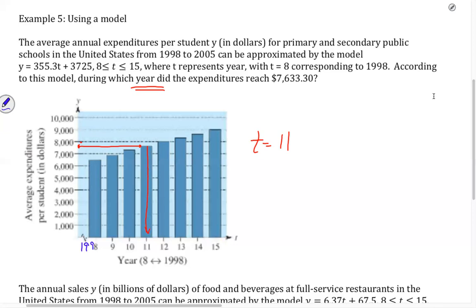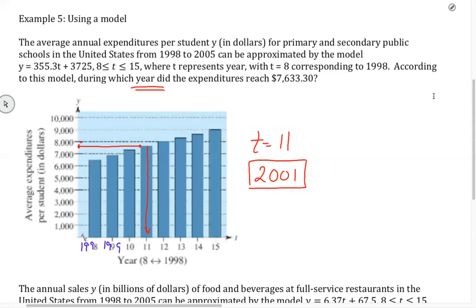So 9 would be 1999. What would 10 be? 2001. So 10 would be what year? No, 11 would be 2001. Because 10 would be 2000 and 11 would be 2001. So that's your answer. All right, so I can use a graph to predict the data or extrapolate data from it